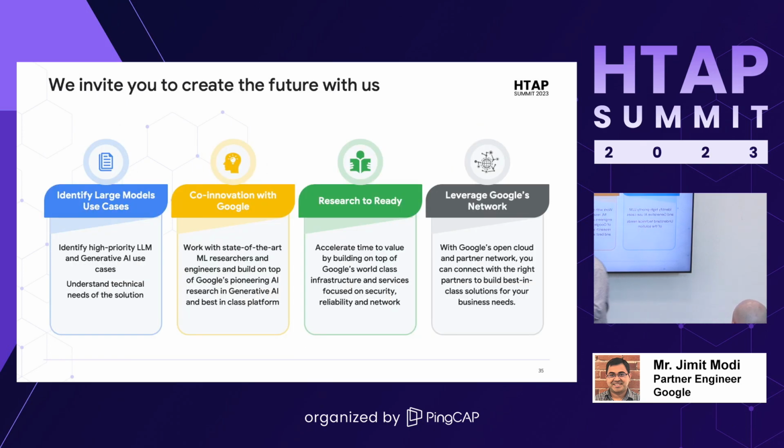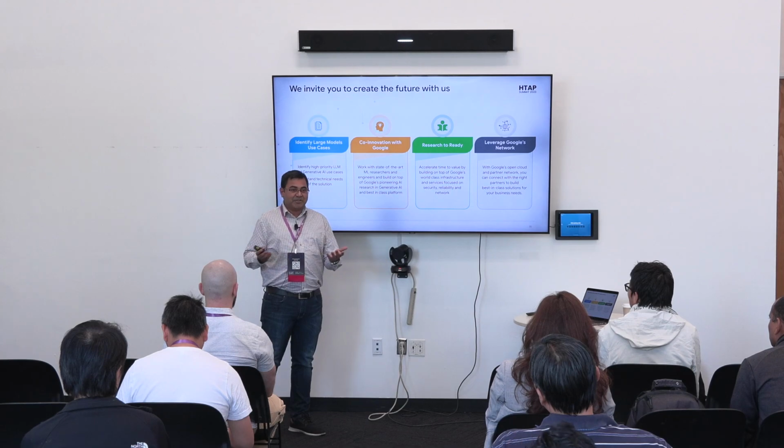Right? So this is basically the last slide, but what we want you all to do is join us in creating the future which we want to see. So use our large language models, use our capabilities on the Google Cloud Platform or on Do It AI, create new apps, come up with something new which your customers need, which will benefit all the customers out there as well. And then be ready. I'm here. I'm a partner engineer. I'll definitely be there to help you out. But we have tons and tons of engineers as well to make sure that you become successful, and in the end, your end customers are also successful with this whole wave of generative AI.